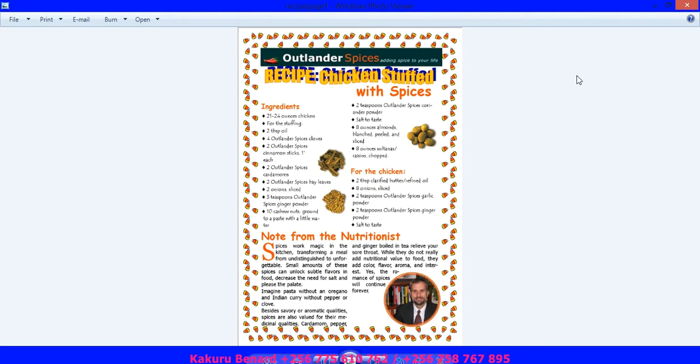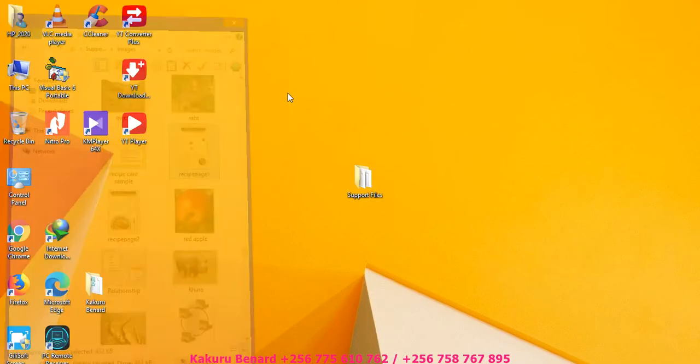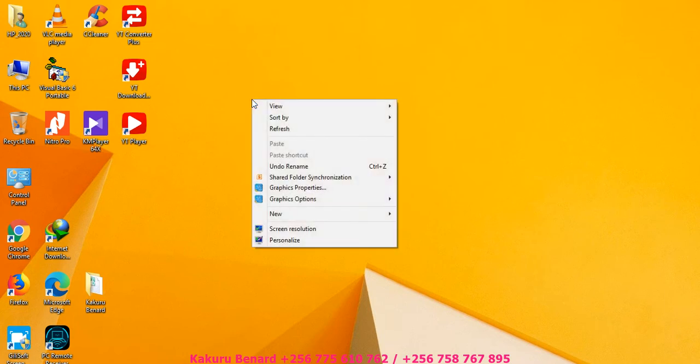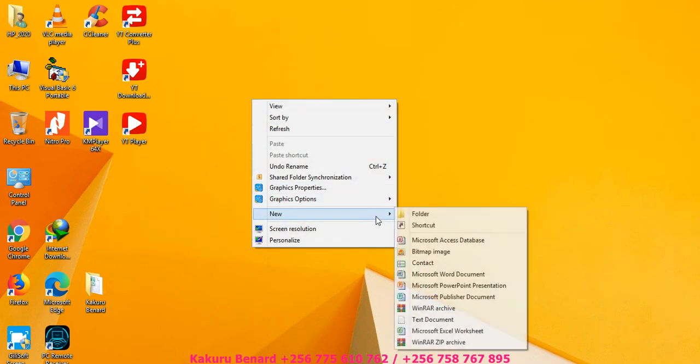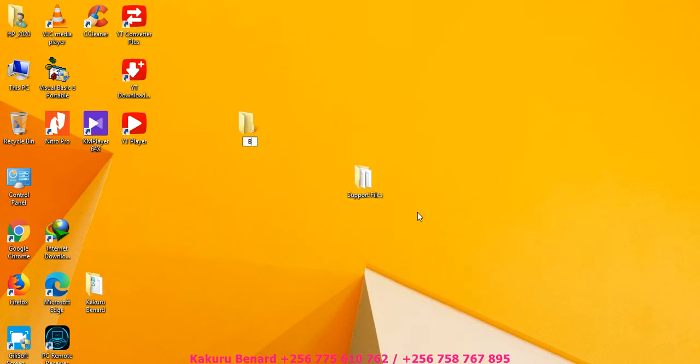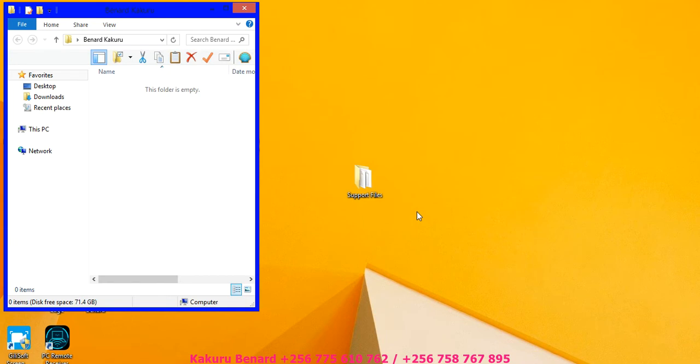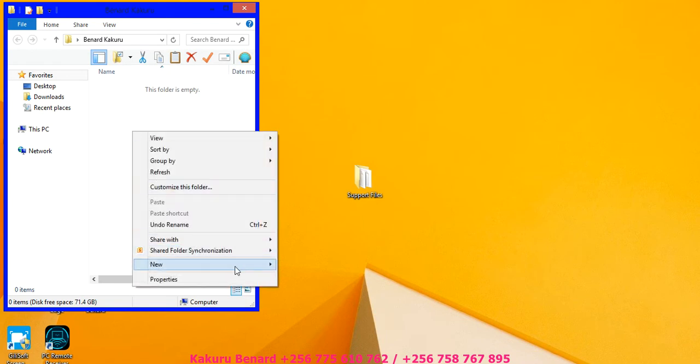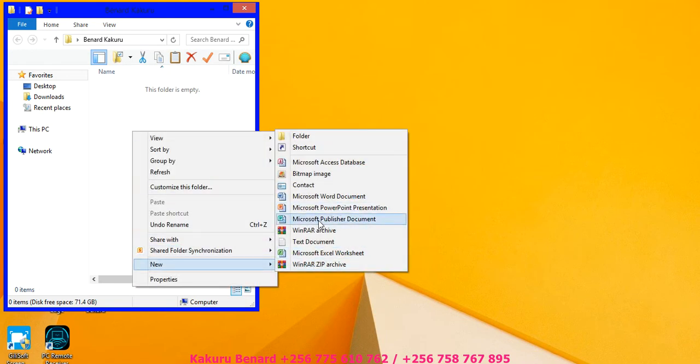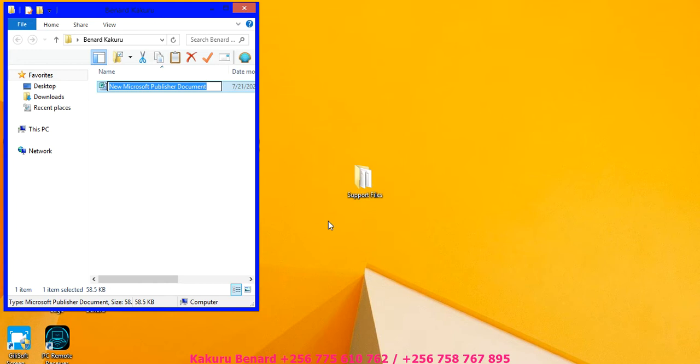And as usual, we shall begin by creating a folder. So let's create a folder in our names. The folder, I'm going to call it Benard Kakuru. I open it. Inside I create a Microsoft Publisher document. I call it receipt. I open it,